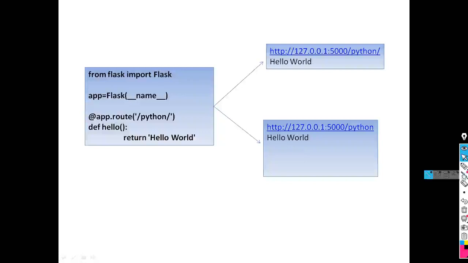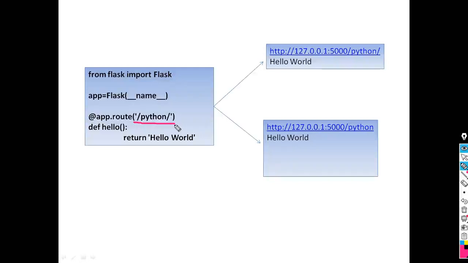Another example is there. Look here, another example. Within this example, the URL is given as /python/. In the previous slide, we saw the URL given as /flask, with no slash at the right side, but here the word python is embedded within a pair of forward slashes.